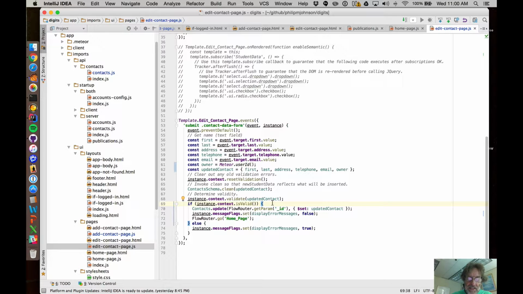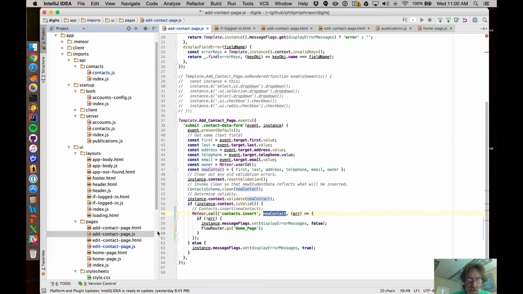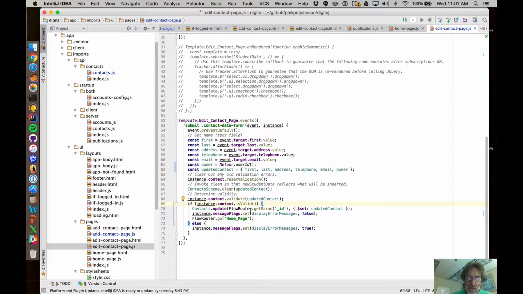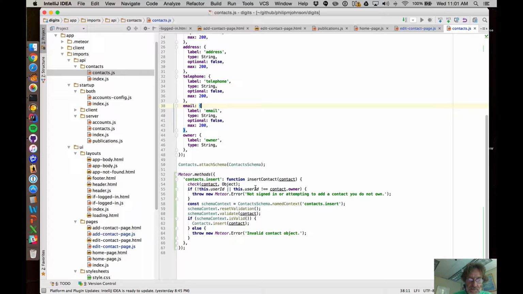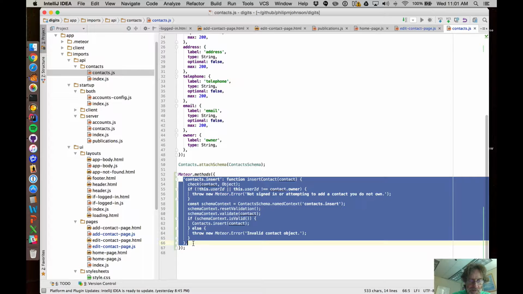Okay, so how do we do that? The way that we're going to do that is by something called destructuring arguments, and it's a pretty cool trick. It's actually the case that you only get a single argument to pass to a method, so you have to somehow combine both those parameters that we need for edit contact into that single call. Okay, so let's see how we do that. Let's go back to contacts.js. And a lot of this is going to be exactly the same. So I'm going to basically start off by just making a copy of this